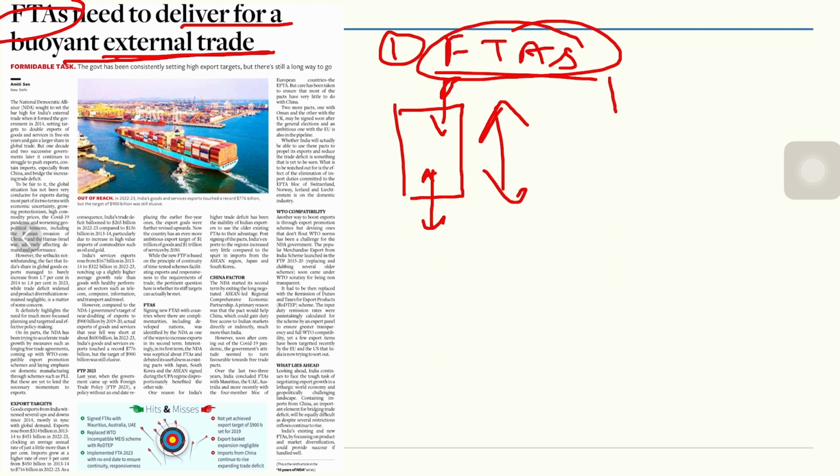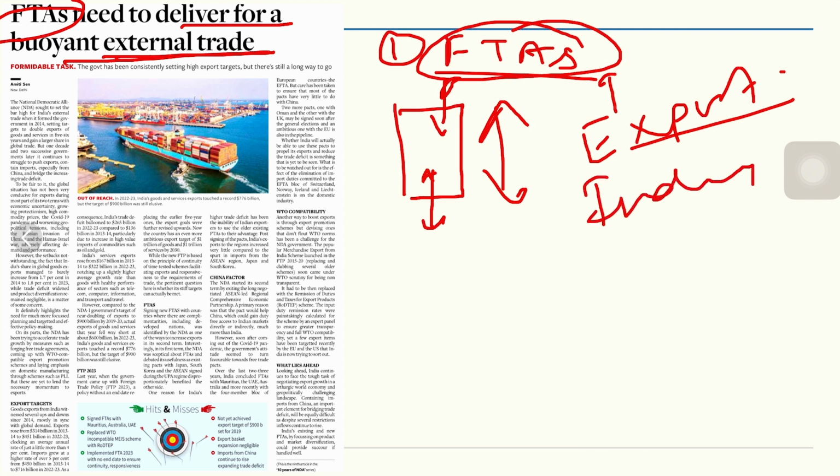But free trade agreements have been beneficial for those countries which have export-driven economic growth models, because they have the capacity and the scale of production. That's why the cost of production of those commodities is also lower. But in India's case, because India has traditionally been a trade deficit country, and because of our import needs, the free trade agreements were signed with the countries. We did not get the desired benefits because we did not have the capabilities to enhance our trade potential in the export sector by a long margin.